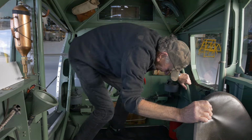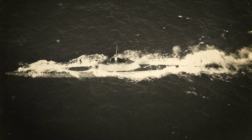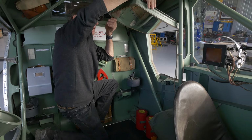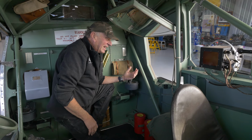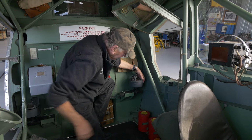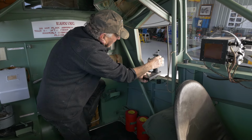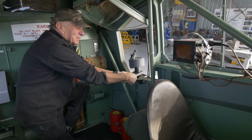The observation compasses: if you saw some enemy activity, a U-boat or E-boats, you'd need to report back their bearing. And to help with that, you have these big observation compasses, and because the aircraft's basically a steel tube structure, you needed to get the compass away from the steelwork so that it would work properly. So you've got a compass either side here. They slide out the carriers, and then you slide them out the door, this cradle here, lean out and get your sighting and work out their bearing and exactly where they were, so you could report that back on your